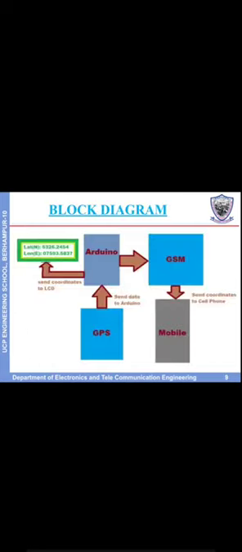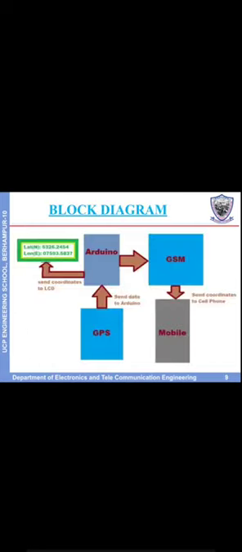And its block diagram. Here in this system, we are using the GSM module for sending the coordinates of the vehicle to a mobile phone via message. GPS sends the coordinates continuously in the form of a string. After reading the string using Arduino, we extract the required data from the string and then send it to the mobile phone using the GSM module via SMS. This information is called latitude and longitude. GPS uses 3 or 4 satellites for tracking the location of any vehicle.